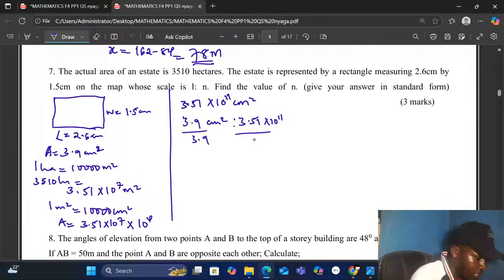Remember this is square centimeter. So square goes, so that we have 1 to... Now the answer that we're going to get is 0.9 times 10 power 11. So give your answer in standard form. So the best answer is 1 to